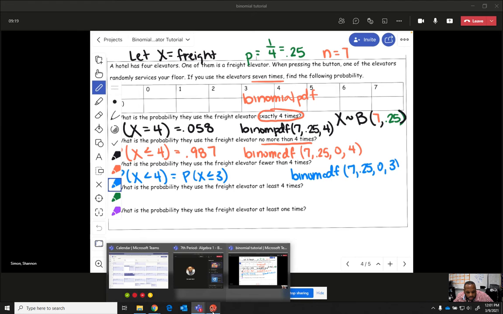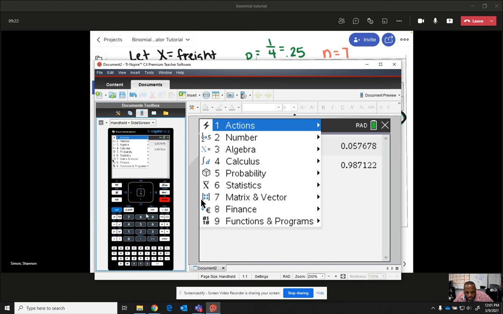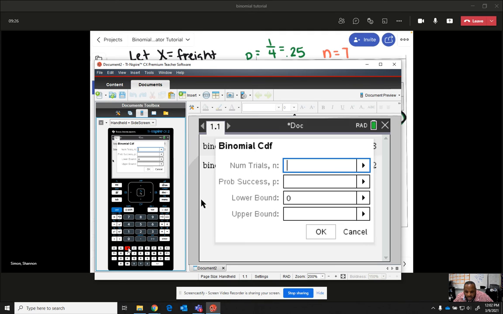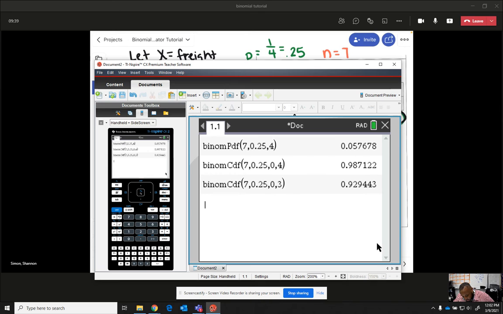So we go here, menu, 6, 5, the letter B this time. And so we do number of trials, 7, probability of success, 0.25, lower bound, 0, upper bound, 3. Type it in. And notice how you get a smaller probability